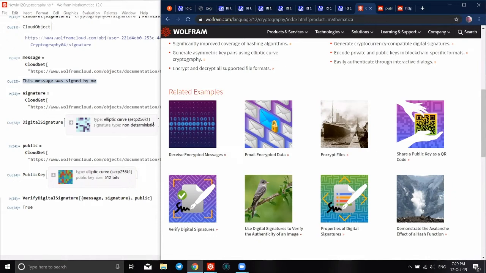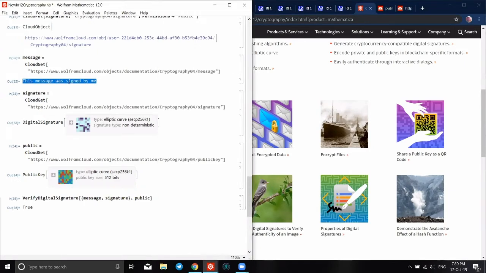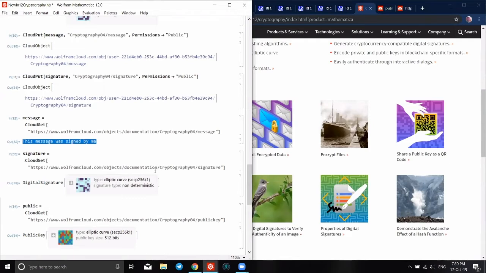But, for example, a picture is also, well, it's not easily convertible, it is a set of bytes. Really, raw data is a set of bytes, and you can easily use it as the message to sign. And in fact, in our encrypt, encrypt file and generate digital signature functionality, you can work not only with strings, but with any arbitrary Wolfram Language expression or other object, which is pretty handy, because if you think of it,